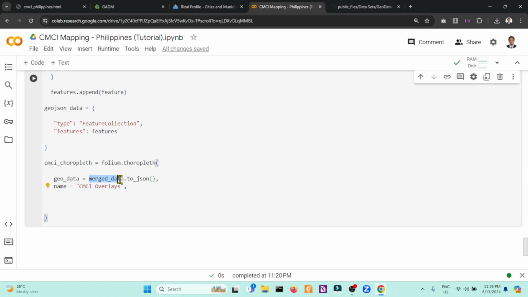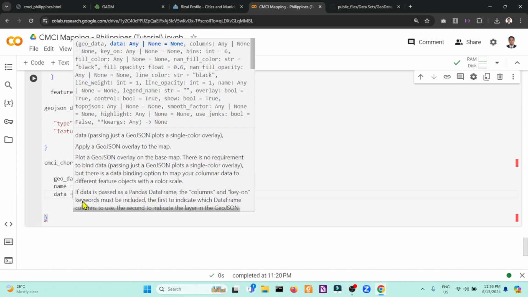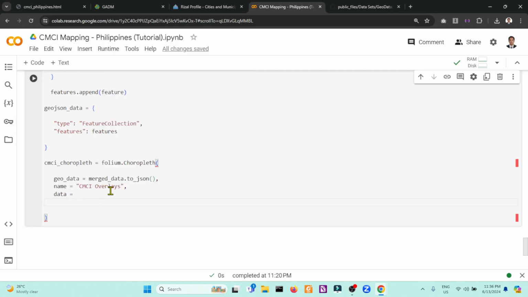Since we have the administrative regions here for the geodata, we will also need a specific data. The data specifies the data frame containing the data to be visualized in the map. It's also the same because the merge data contains other information about our maps. So we use the geodata as a JSON format because of the geometry column.